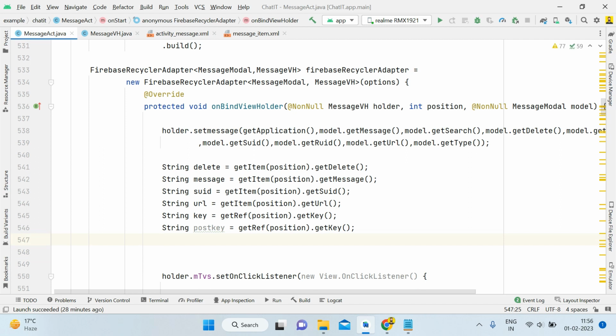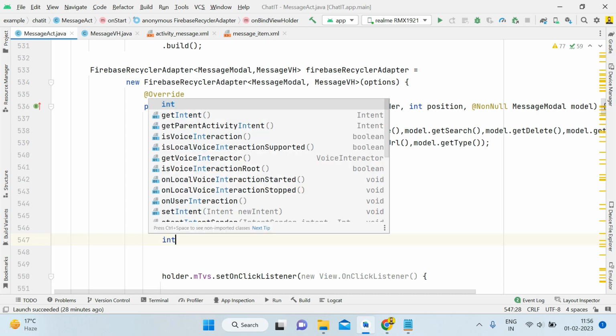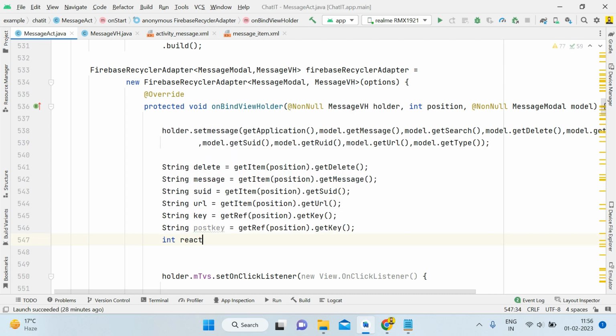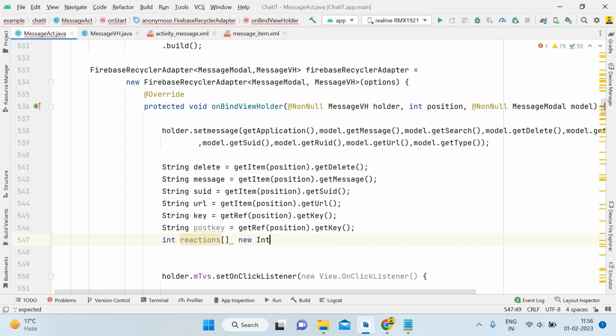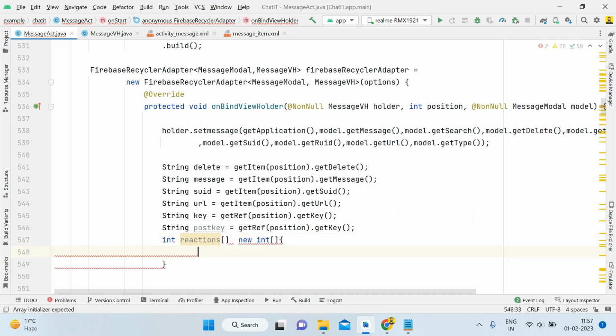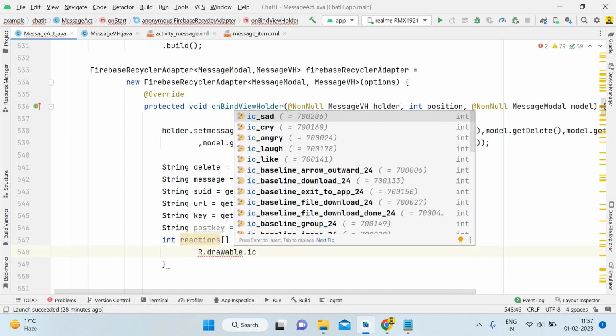Okay, so guys, now after the XML coding and after adding the implementation dependency, we can proceed. So first of all, you have to simply write int, which is going to be reactions. Okay, guys, then array equals to new int. And then again, here we forgot to use equals to. Okay, guys, so now here first of all you have to write r dot drawable dot ic